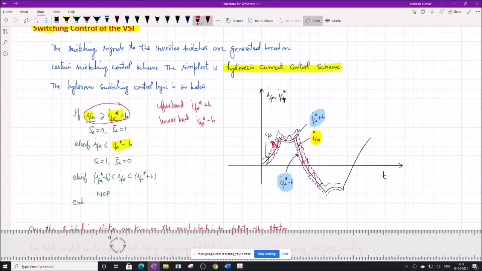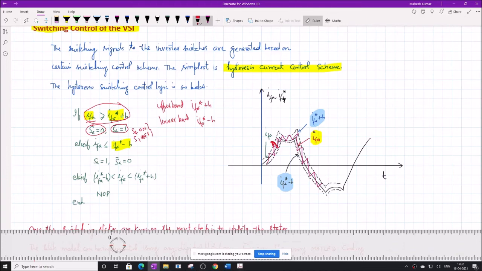Minus BDC will be applied only when the lower switch is on and the upper switch is off. Therefore, the lower switch is on here, SA var is 1 and SA is 0. It means S4 is turned on and S1 is turned off. Therefore, the driving force is minus BDC2 and it will bring that current back to the lower side.